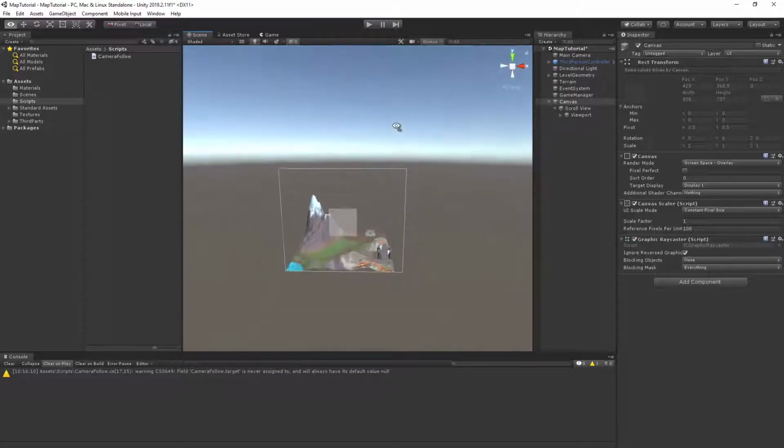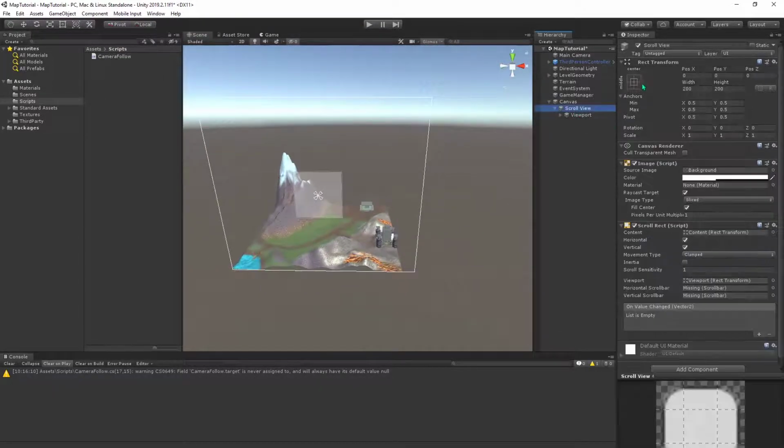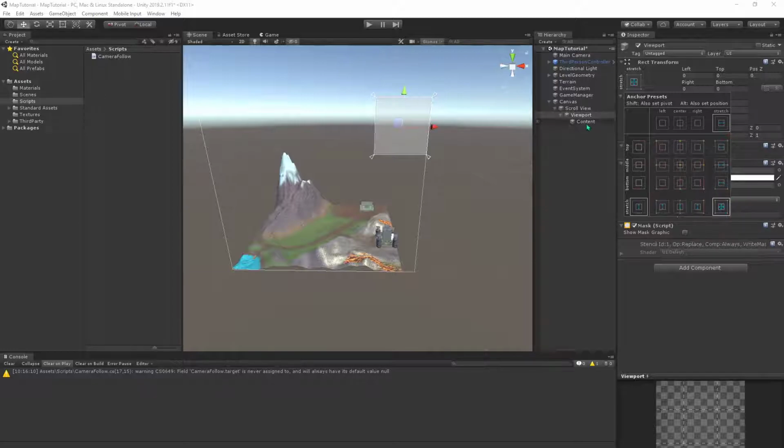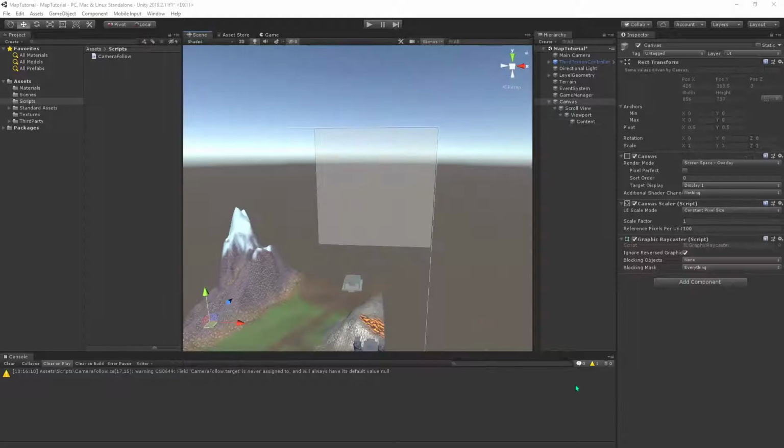Press F. We want our canvas or our mini-map to be at the top right, so Alt-Shift, click. We also want the viewport to be stretched and the content to be stretched. Again, Alt-Shift, click. Our mini-map is going to be an image that we paint over, so the first thing we